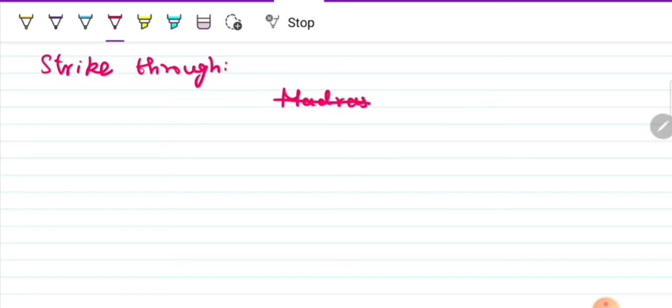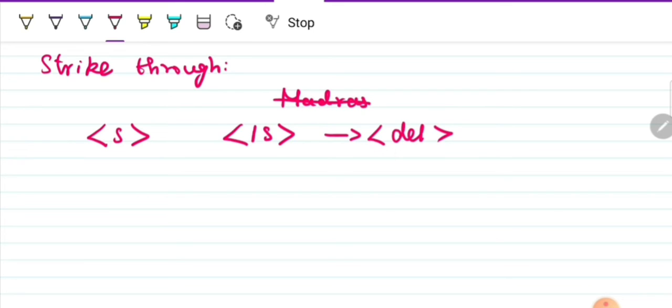For this one, the tag used is also a container tag like this. This one is going to perform a task more or less similar to that of the delete tag.